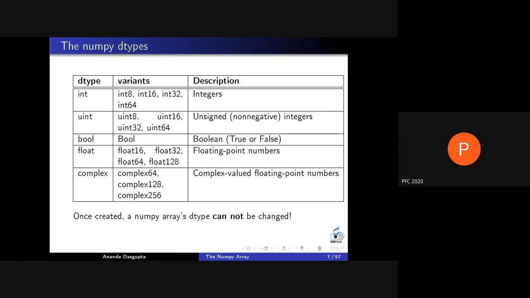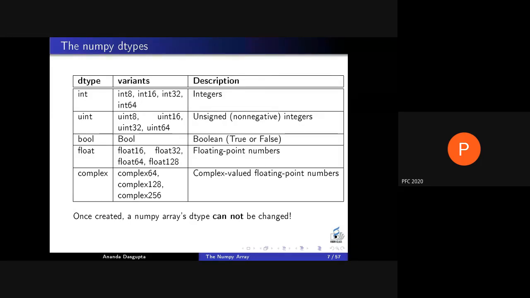What is a very important thing is this. Once you've created an array, you cannot change the array's dtype. An array, as you have seen, is mutable. You can change the array and add, subtract, multiply it by numbers. But once created, you cannot change its dtype at all.